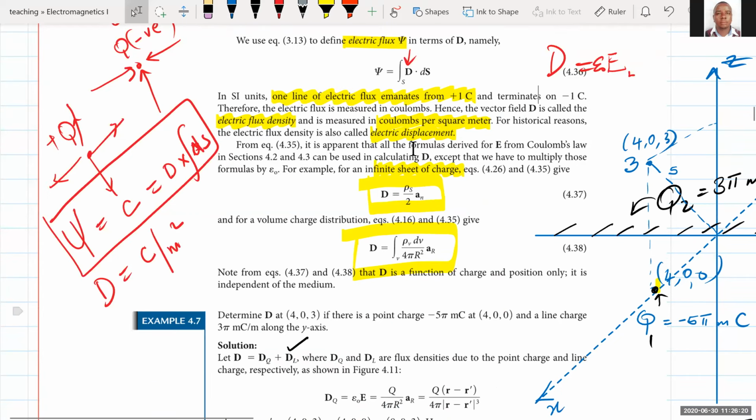It is apparent that all the formulas derived for E from Coulomb's law can be used in calculating the D, except that we have to multiply those formulas by epsilon naught. For example, for an infinite sheet of charge,